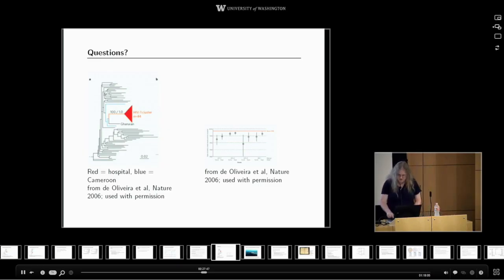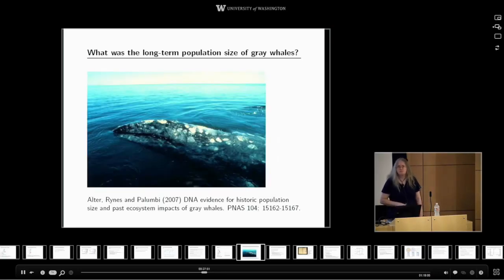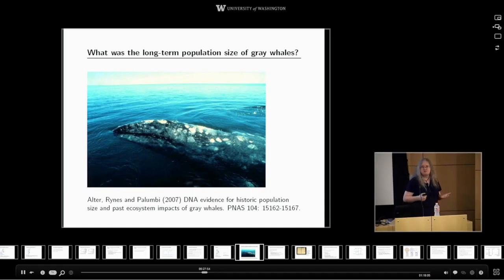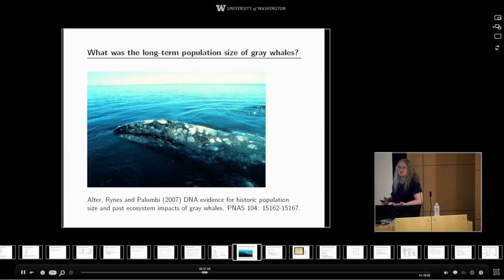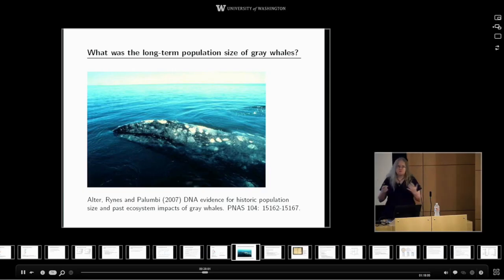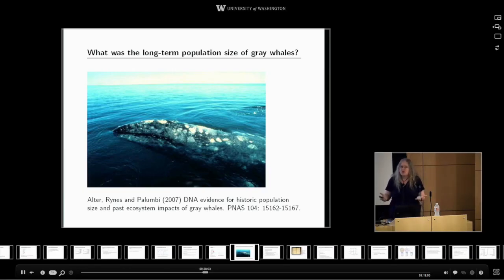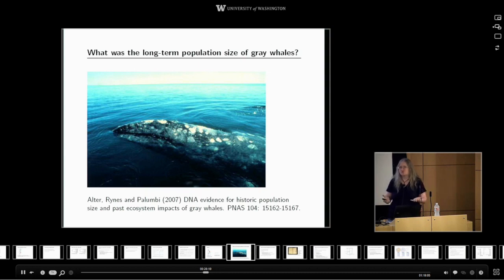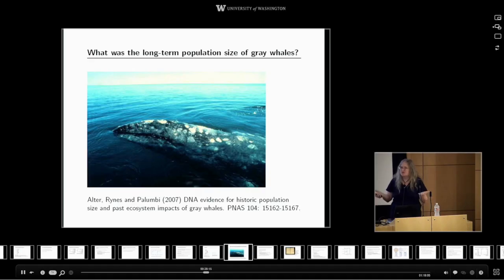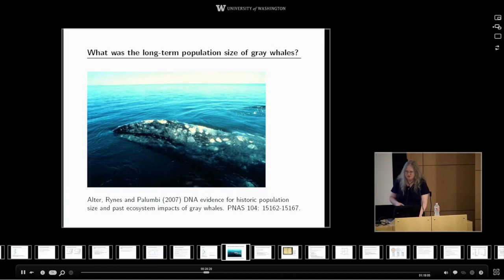All right, going to turn to what I find a more cheerful topic, which is the gray whale, a fascinating, magnificent animal of the ocean. The gray whale is currently protected. People are trying to rebuild its population. We'd like to know how many whales were there before whaling, because that's in some sense the target that we might want to aim at for assessing population recovery. It's difficult to manage conservation of an organism unless you know about how many the ecosystem can support. You might be shooting for a number that's too high or too low otherwise.